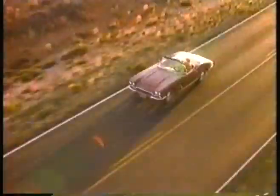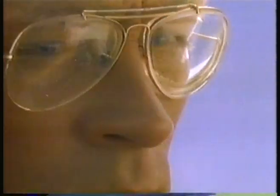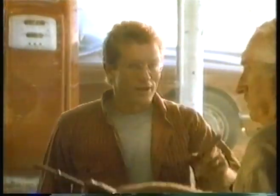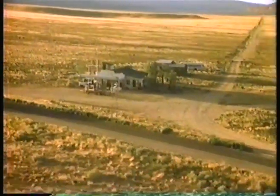An idea doesn't conform to a 9-to-5 schedule. So at Hewlett-Packard, we're always thinking. Because even though we sell business computing systems, what we really do is solve problems. We never stop asking, what if? Jim? Mike, I've got an idea on that branch office network. What if? Connect all the